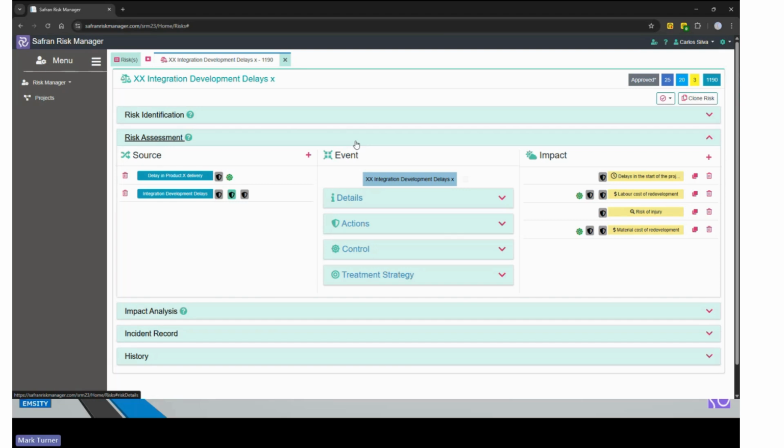So we have the ability to build up a comprehensive view of the things which drive the risk and the things which will impact should the risk event occur. And this is really fundamental in the idea of where do we take the most appropriate action, because actions can be of two flavors.